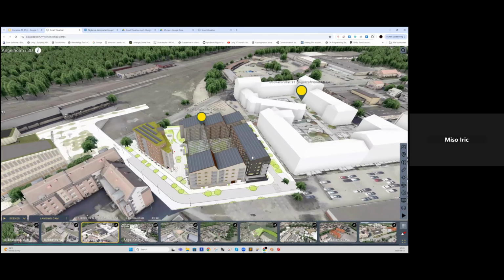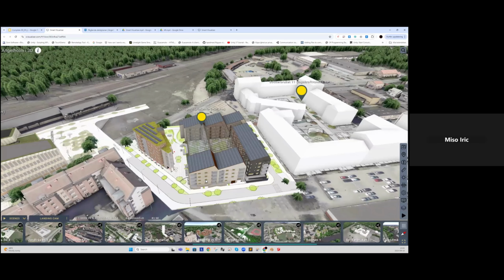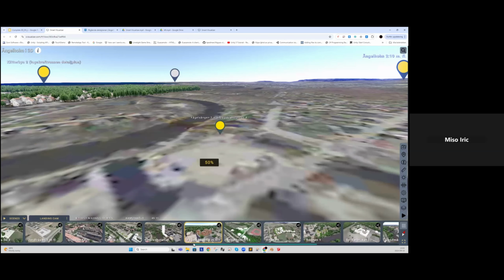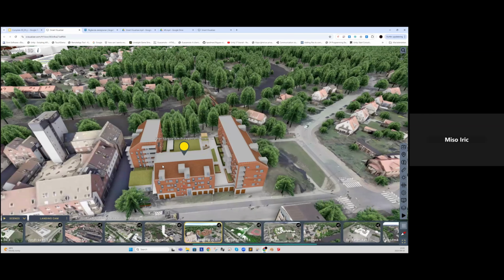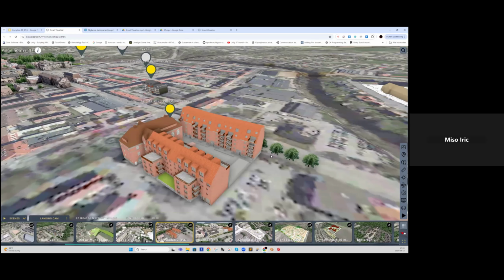Here is the school that I have visualized through augmented reality. Those are also in different file formats, imported from different software into this visualization.